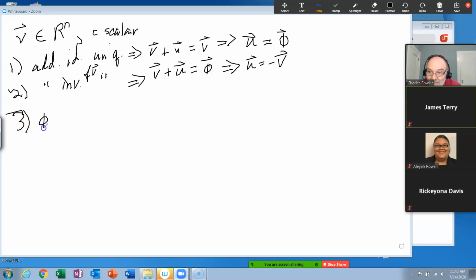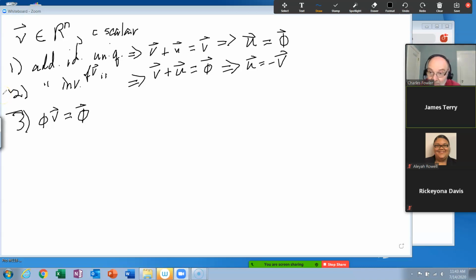The scalar 0 multiplied by that vector v in Rn, guess what it's going to be equal to? It has to be a vector in Rn, and that's the 0 vector. Big surprise there. You multiply 0 by every element in v, and every one of them turns out to be 0 once you do that multiplication.